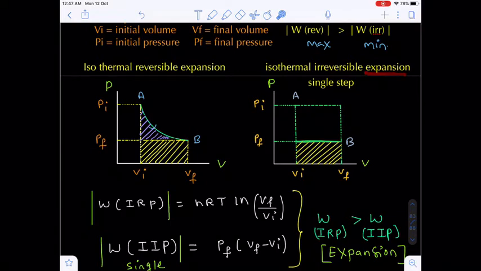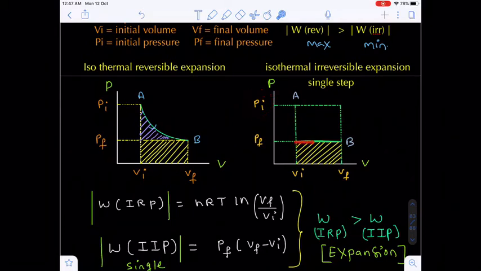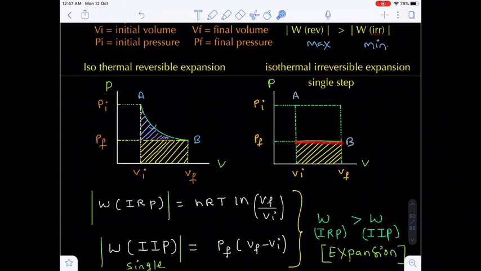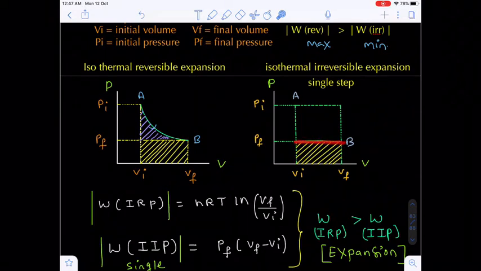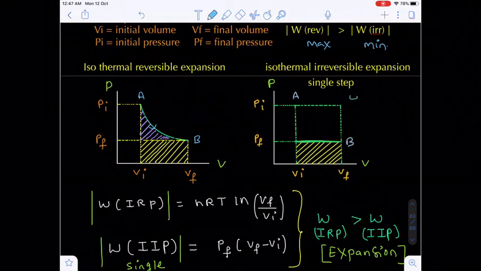Here we are talking about expansion. In the expansion, what happens? Volume has to increase, pressure has to reduce. Yes, suddenly the piston is moving. So when the piston suddenly moves, what happens to the pressure? It decreases. Here high pressure is there, here the pressure will be reduced. When the pressure is reduced to P final, then the volume slowly increases to V final, because pressure decreases, so volume has to increase.